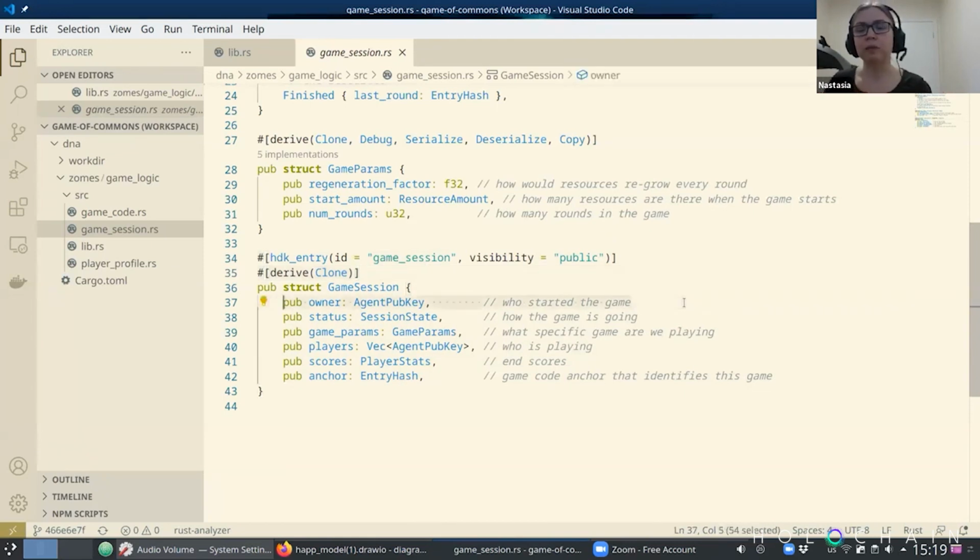First, we would be storing the pub key of the agent who has created this game, to identify the owner. Second, we would be storing the state of our game session, and there would be actually multiple ones, but we would define them later. For now, just think about the session having some kind of state, which is defined by another type. Then our session would have a bunch of game parameters, which we decided to separate into another structure